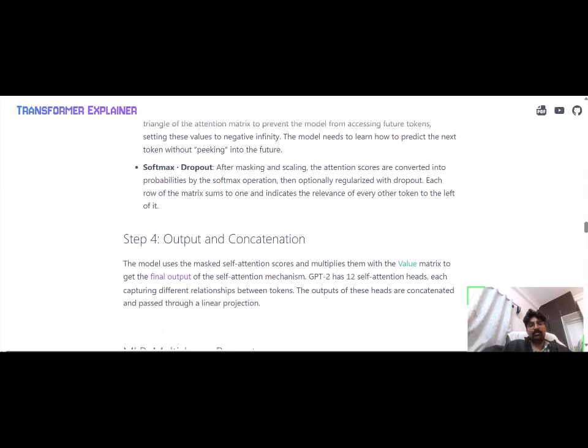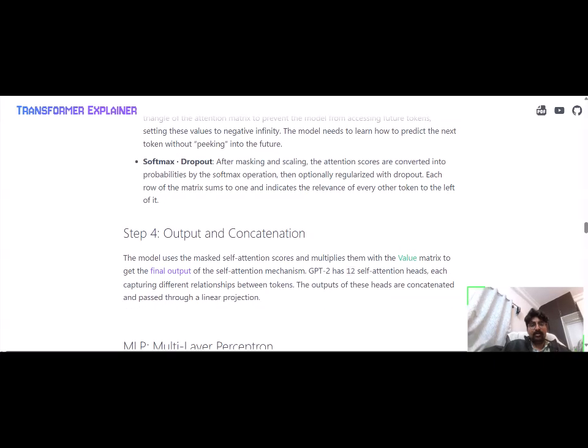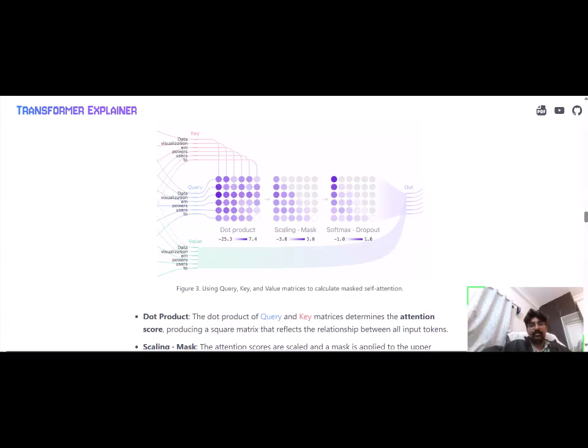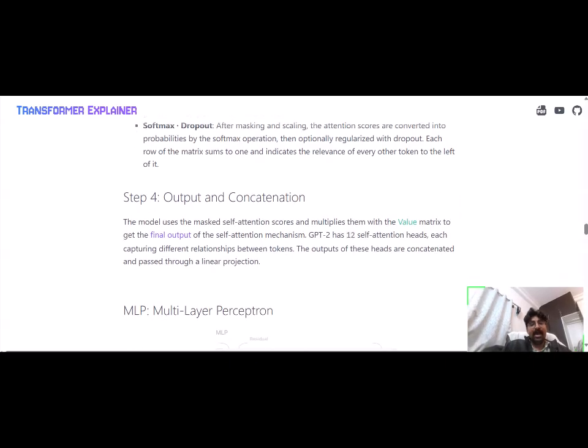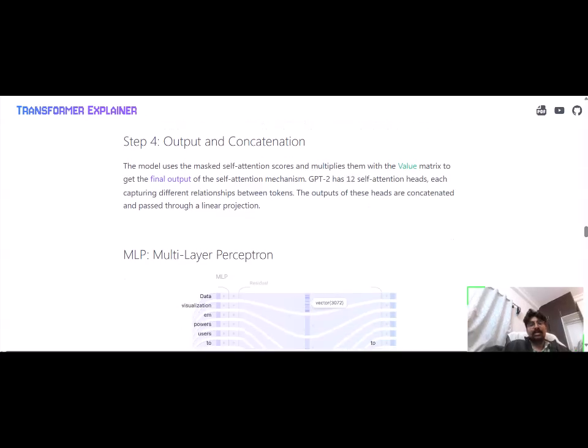Whatever I explained, the same thing is shown here. We do the dot product of query and key, then mask, and then dropout. The final output, the masked self-attention score, is multiplied with the values. So the values are multiplied with the softmax output. Then the final output of this self-attention mechanism of GPT-2 is passed to the